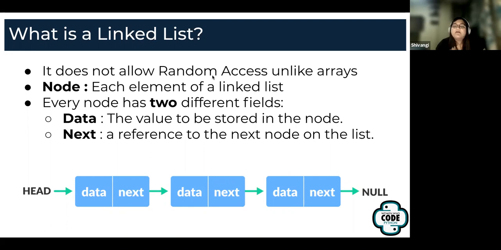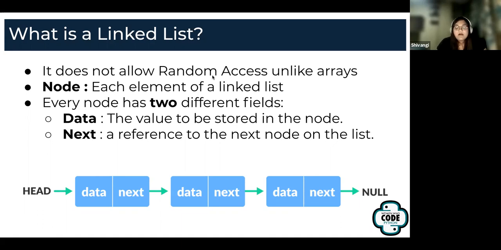Now, another thing I mentioned when I was talking about lists or arrays: you could directly access an element located at an index. That is not possible in the case of a linked list. Accessing an element directly at an index is called random access.